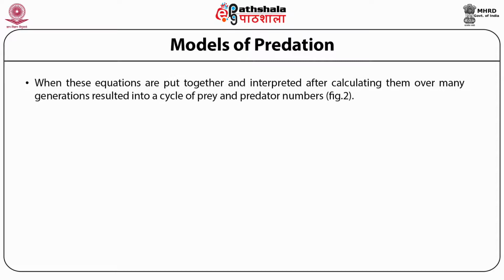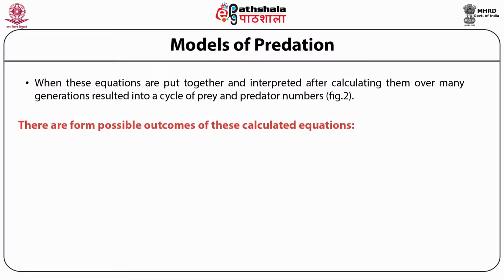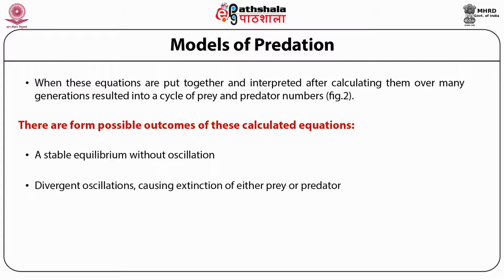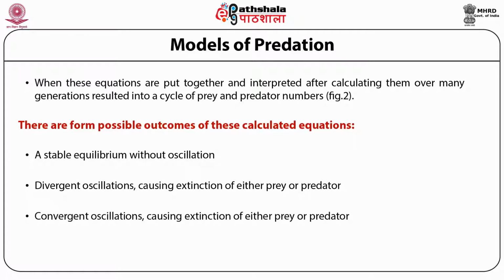When these equations are put together and interpreted after calculating them over many generations, they result in a cycle of prey and predator numbers. We can see in figure number 2 the possible outcomes of these calculated equations: a stable equilibrium without oscillation, divergent oscillations causing extinction of either prey or predator, convergent oscillations causing extinction of either prey